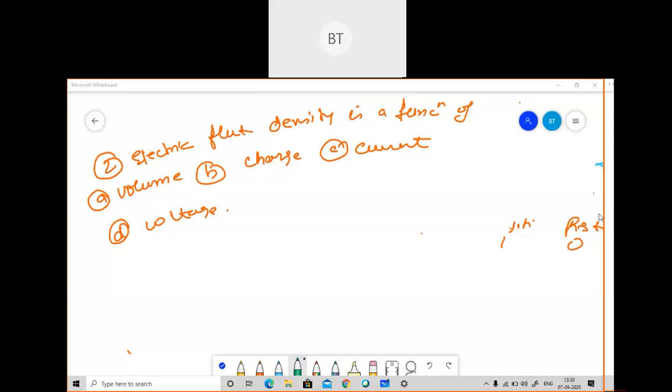This is the simplest problem I'm dealing with. If you cannot solve this problem, is there confusion in the answer? What is the confusion always? Please tell me. No, sir. B. Okay, B. So actually, B is the correct answer, and you can see by the definition only that electric flux density is the charge per unit area. So there is no point of thinking or using your brain also. By definition only, you can give the correct answer, and B is the correct answer, and one more mark. This is the simplest problem. If you cannot solve this, or if you are not interested in this, I don't know, you can solve any MCQ problem. So I will write one more question here.